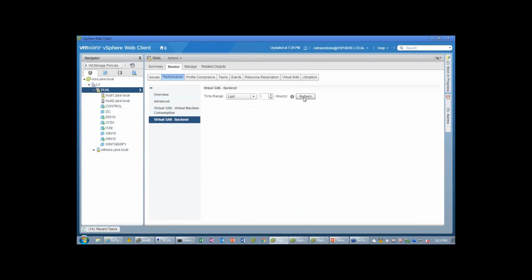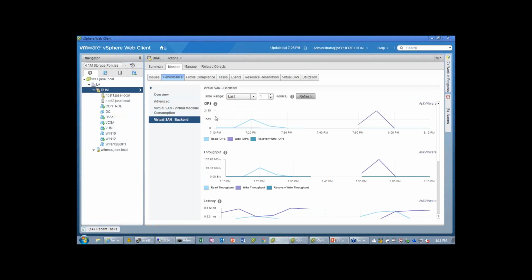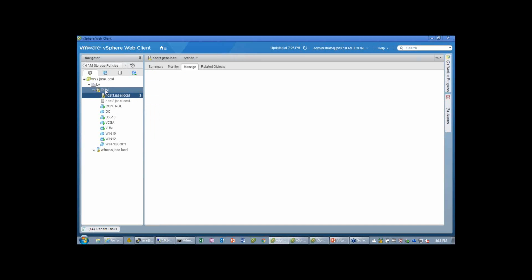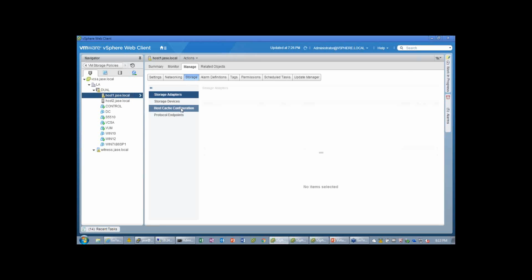it'll take a second. This is not the fastest, so I can look at my IOPS, my throughput, my latency. This is at the vSAN level, right? I'm seeing about 2,000 IOPS on the cluster right now. Really not anything, I've only got one VM on it. That was at the cluster level. I can literally go to the host itself, and go back to monitor, back to performance,